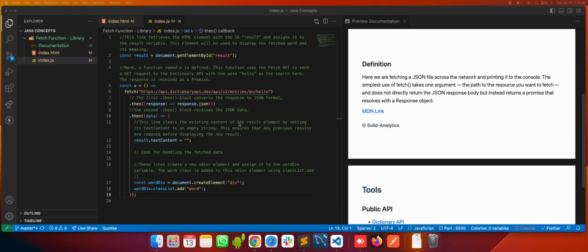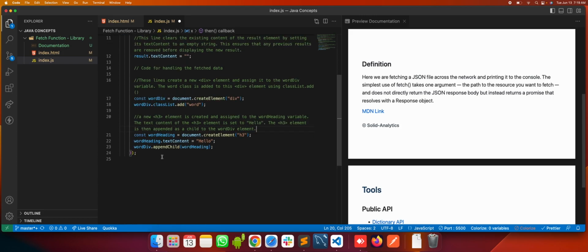Next, we're going to create another header element to show this hello word prominently. So we'll just create it. Now let's comment it out, then I'll explain it line by line.